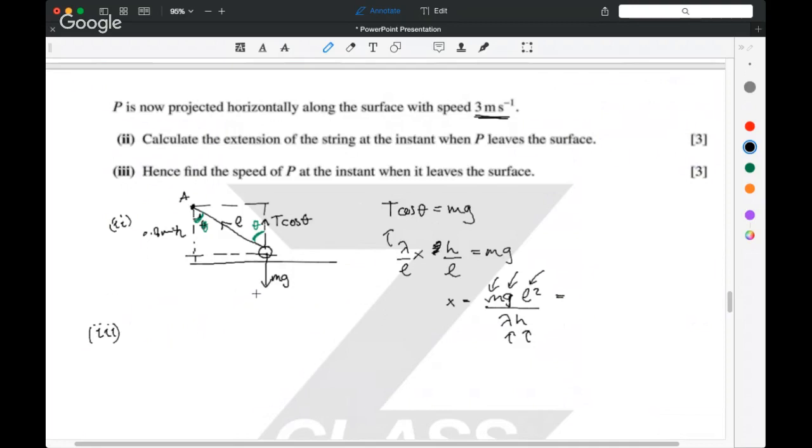So this is going to be a function of where you are, right? So we're talking about the horizontal component, which is acting like so, and that is counteracting the motion of the particle. So this is going to be T sine theta. But the angle theta is changing as you move along, right? So when it's right at the beginning, theta is 0, there is no horizontal force. But as you move, theta grows, and so the horizontal force grows. So it's a function